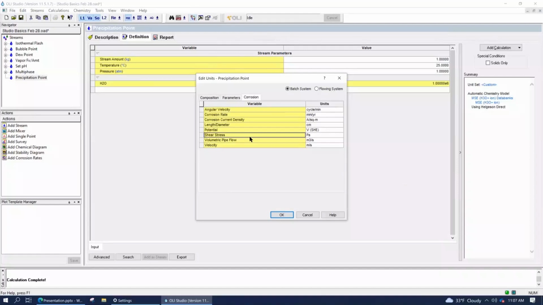Yeah. Now you've actually brought up a point that we haven't thought about yet. We haven't integrated our corrosion model with our thermodynamic or flow model. Sounds kind of strange, but let me explain it this way. Our corrosion model is transient. In other words, you do a quick flash calculation. At that point, what's the shear stress based upon either velocity or volumetric flow over diameter? And then the software calculates essentially the thickness of your diffusion layer.